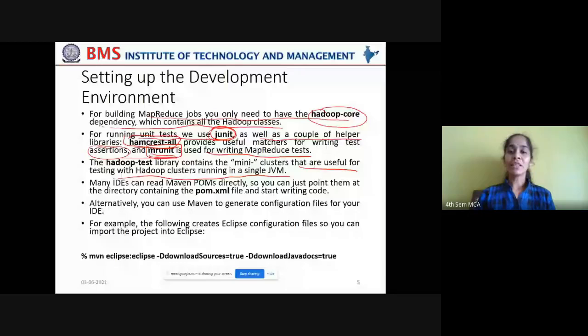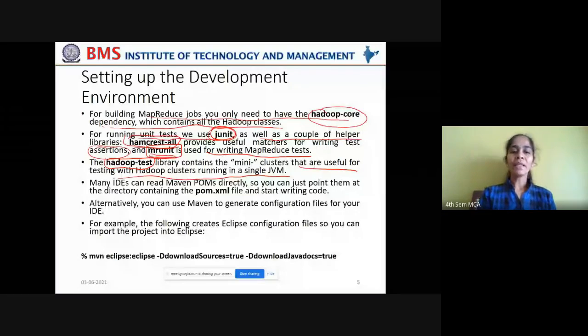If you want to test your code in a pseudo distributed mode on a single machine, you can use this library to execute that task. The Hadoop test library contains the mini clusters for testing with Hadoop clusters running in a single JVM machine, in a pseudo distributed mode.